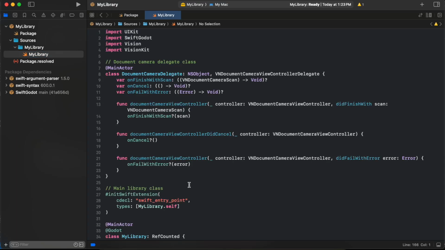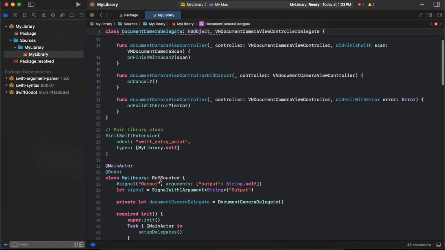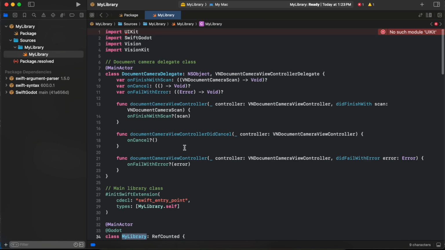So first we are importing UIKit as well as Swift Godot. We are also importing Vision and VisionKit. Then here we have created a separate class which extends this VNDocumentCameraViewControllerDelegate. We can't directly extend this delegate on the main class over here because Swift Godot does not allow this,